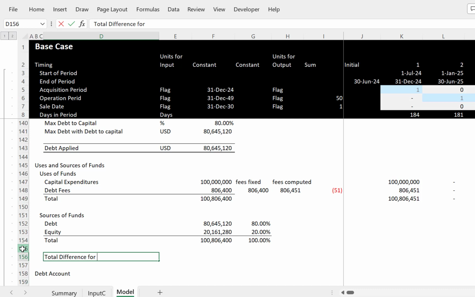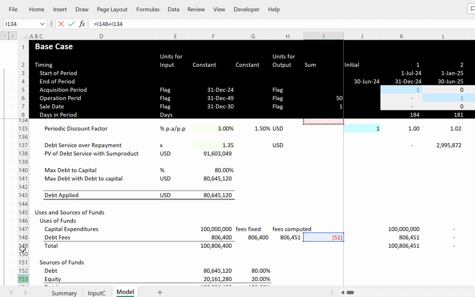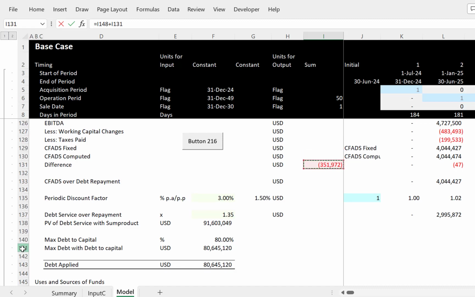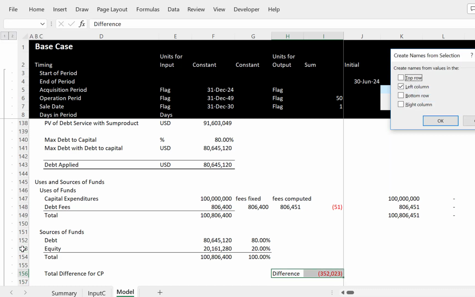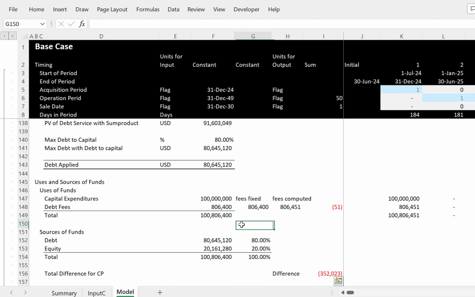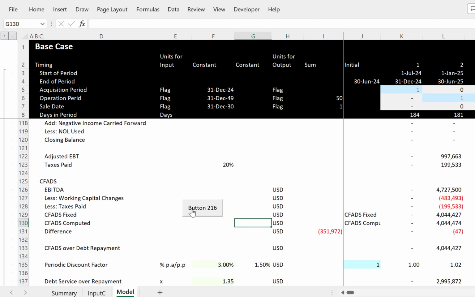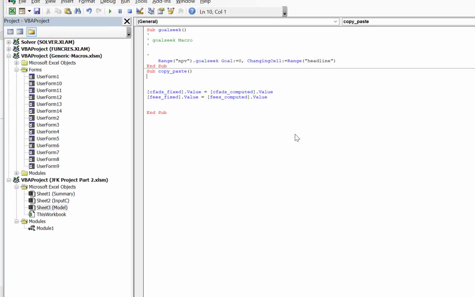for CP, for copy paste. How's that? And let's take this difference plus this difference. And how about I'll call that difference. And we'll select these two, shift control F3. Go back to our macro, right click, go to assign macro and press edit. And we put